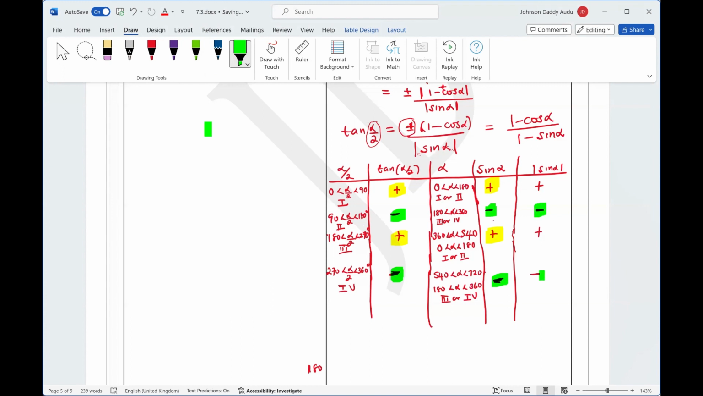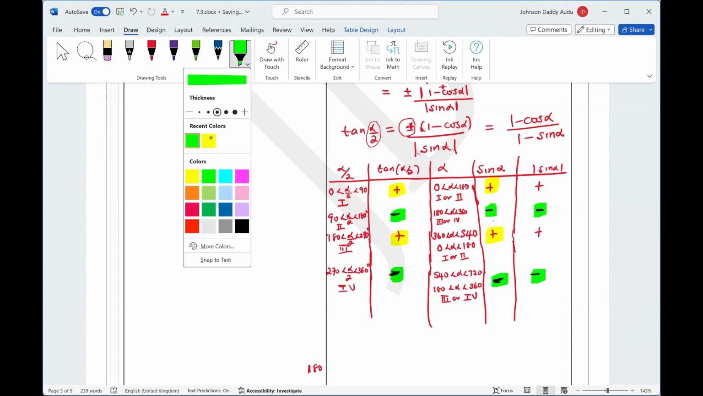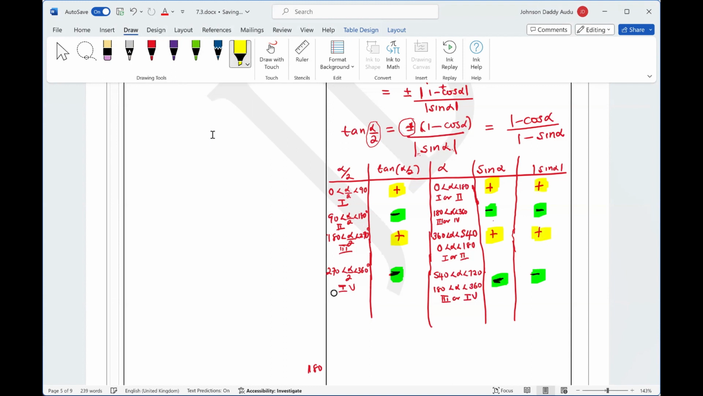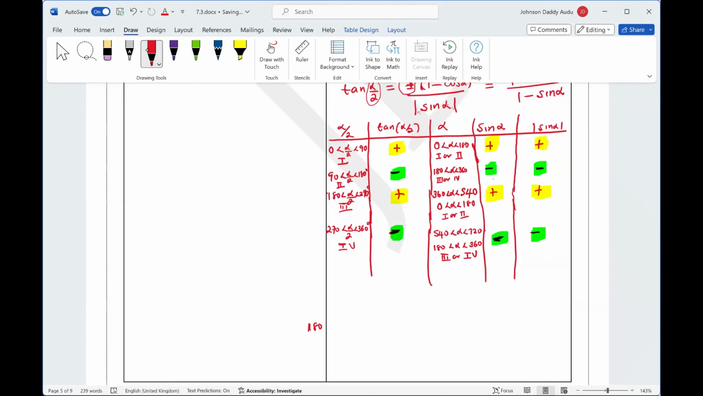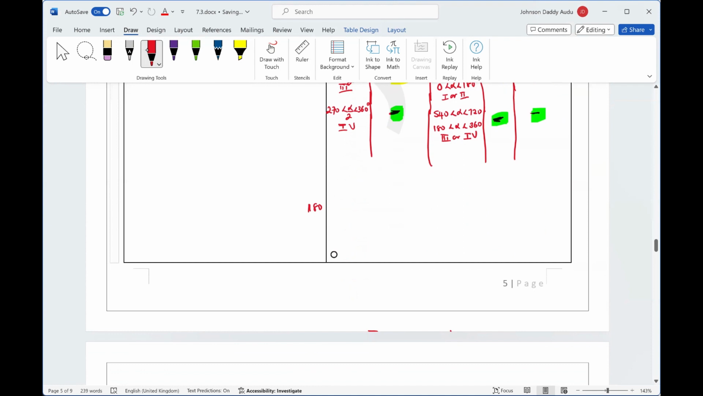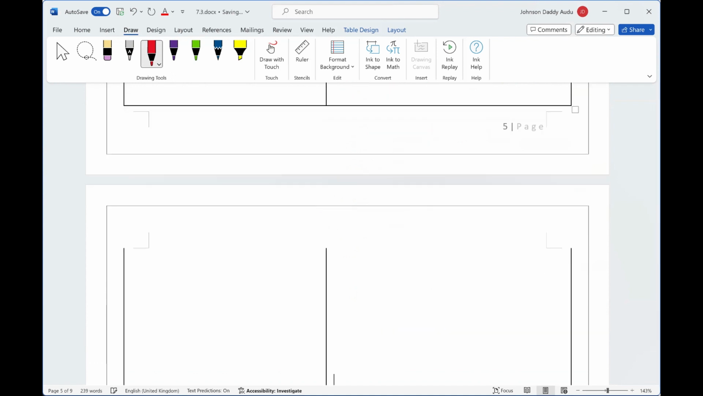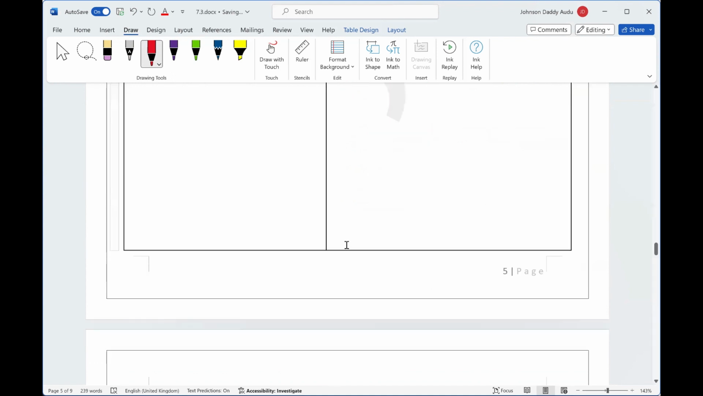Okay, so this is it. All right. Now let's take the second case. What is the second case? The second case is the case when you rationalize by what? By the conjugate of the,